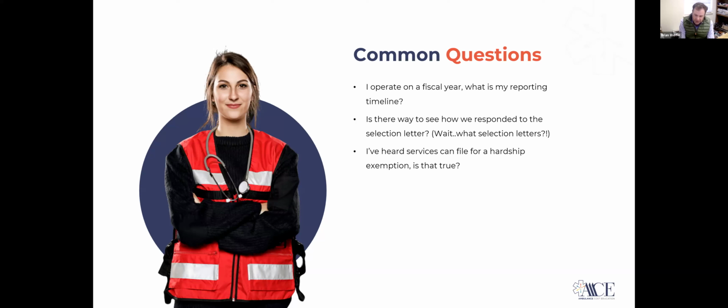A word of caution, though, CMS has been fairly clear on this point, and that is hardships are going to be granted only in the most extreme of circumstances. So, for instance, on a number of open door forums, people have asked them if a natural disaster, such as a flood or a wildfire, would justify a hardship, and they've uniformly responded that no, it wouldn't. And their logic is, while the flood may affect your operations for a month, at most, you still have 15 months to get the report in. So we don't really see that as a hardship.